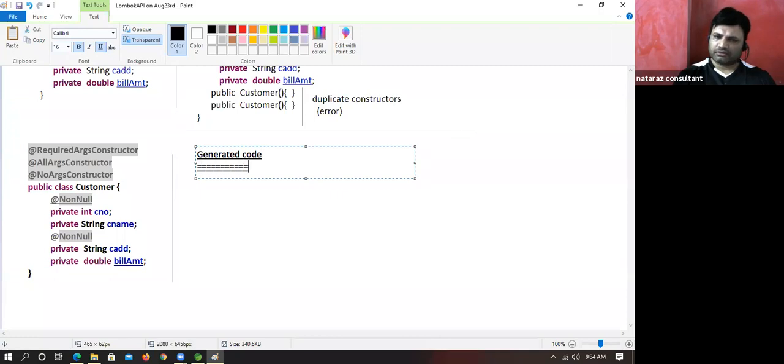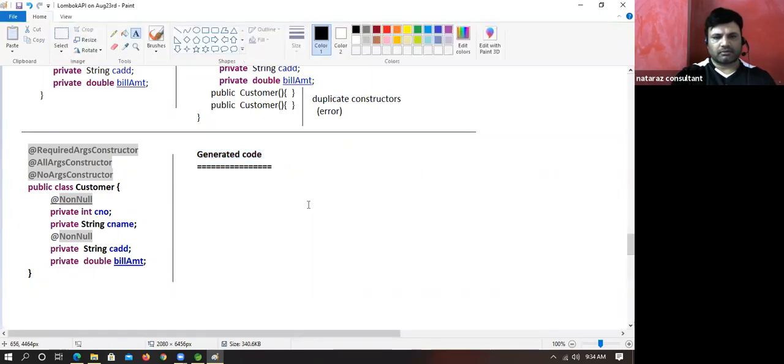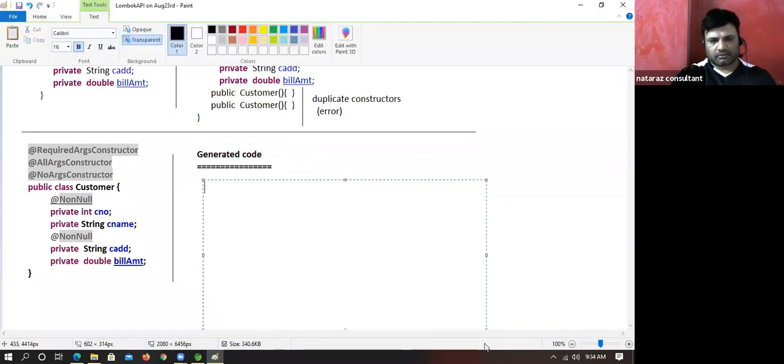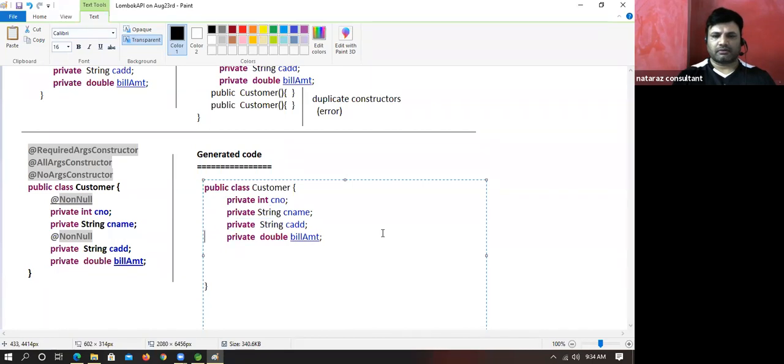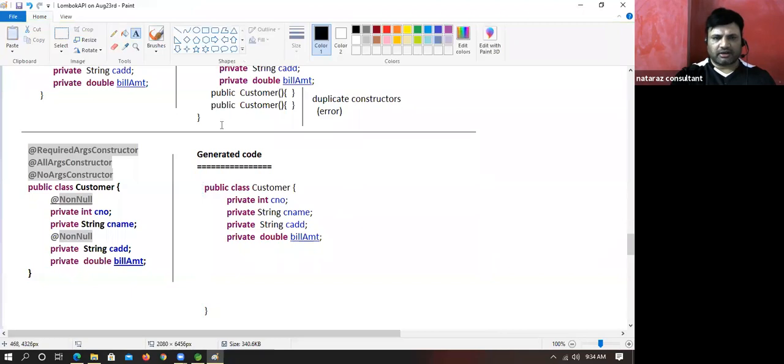What is the generated code, guys? Generated code will have one zero param constructor.